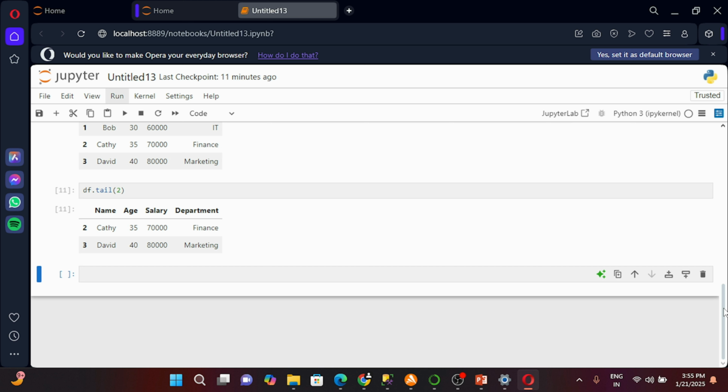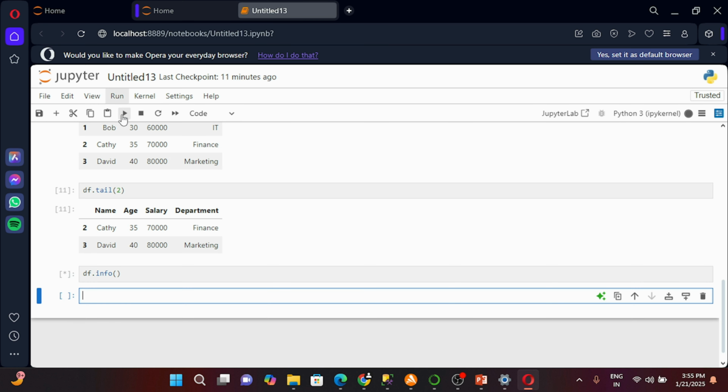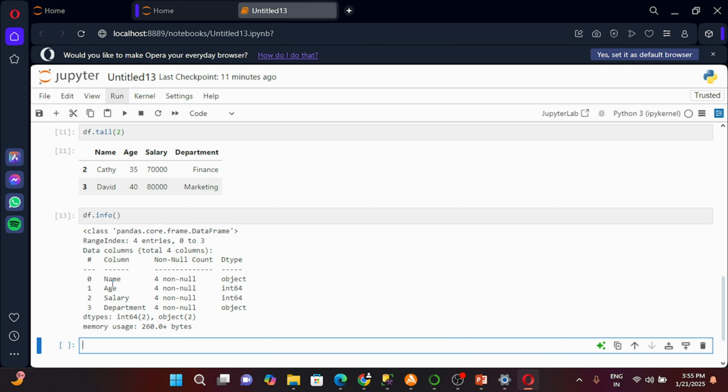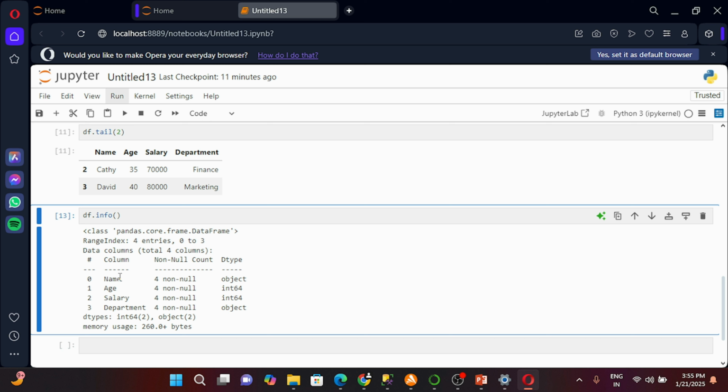Let's jump to another method, which is your info method. Let's see how this info method works. If I run it, as you can see, it has given the summary of the data frame. It shows the number of non-null entries, right? In this, I don't have any null values, correct? And the data types for each column.